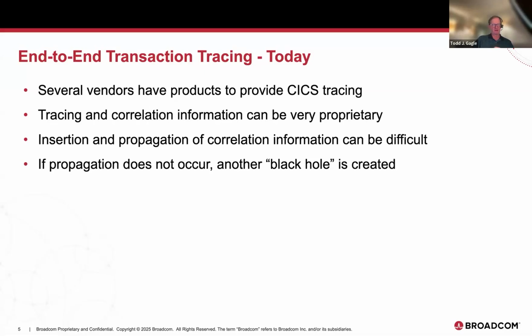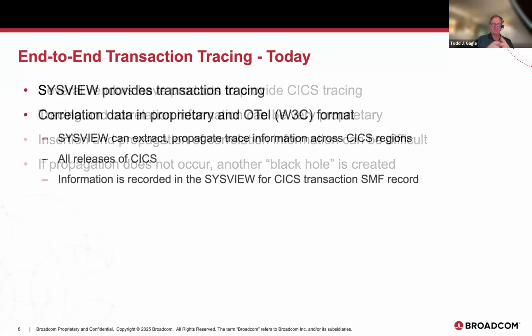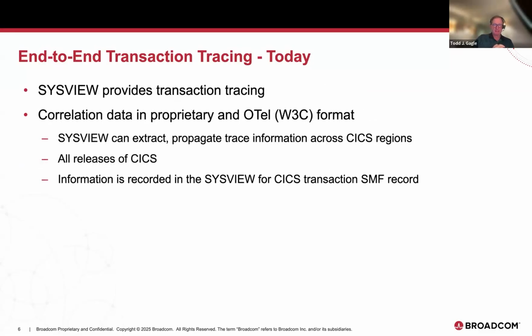Again, I talked about starting on your phone or on a website and it hops through multiple places. Remember, you have to get that correlation data inserted in some kind of a payload, send it to the next agent. It's going to have to pick that up and say, okay, I'm not going to lose this, and keep it going. Now, if any one of those hops loses it, you're kind of done. You've created another black hole, because it'll go black at that point. So that's really the big challenge.